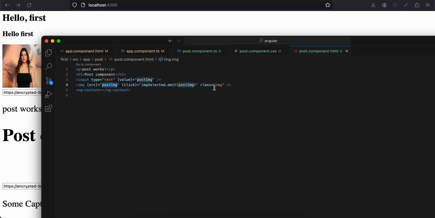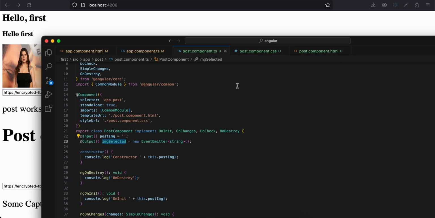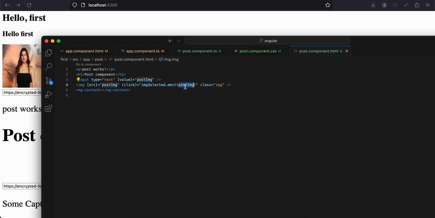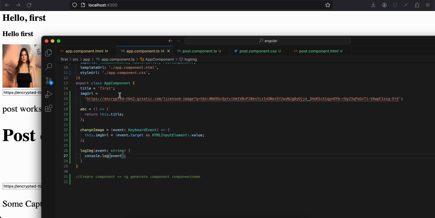Inside post component.html, you can see that I have added this image tag, and on click of this I am calling imageSelected, which we have defined over here, imageSelected.emit, and whatever data you want to emit. So imageSelected.emit(post image). Now to capture this inside the app component, what you will have to do is